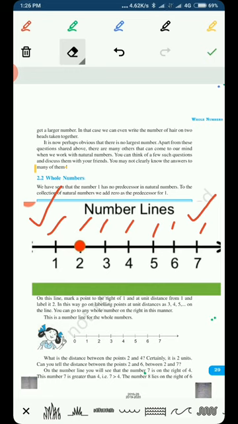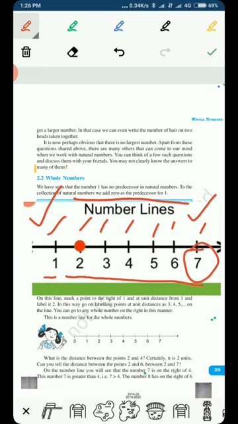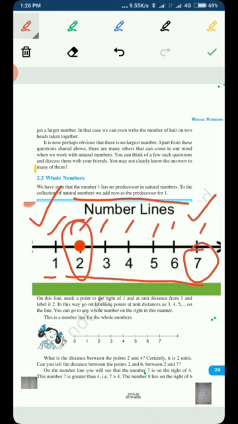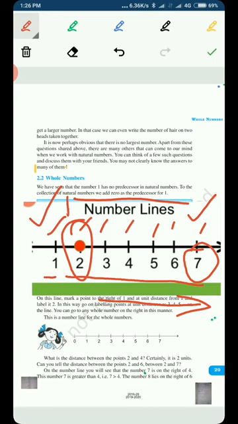And in a number line, what happens? On the right hand side of a number, the numbers go on increasing, while on the left hand side of a given number, like if we look at the left hand side of 7, the numbers are in decreasing order, 6, 5, 4, 3, 2, 1. While if we look at the right hand side of 2, the numbers are going on increasing. So on the right hand side, numbers increase, while on the left hand side, the numbers decrease on the number line.